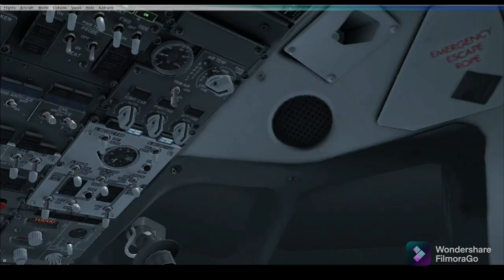Exactly down there is a pneumatic panel. This panel controls the aircraft pneumatic system, which can be supplied by the engine, APU or ground service. The pneumatic system provides the air for engine starting, air conditioning packs and wing anti-ice boots. The duct pressure gauge displays the available pressure in the left and right pneumatic system.